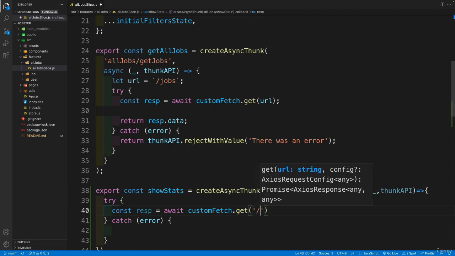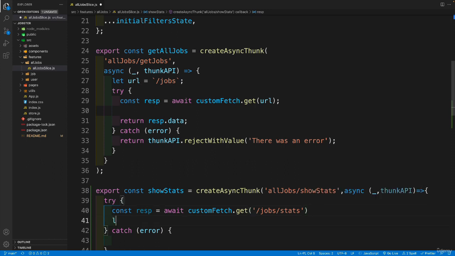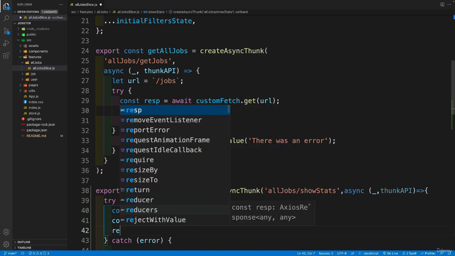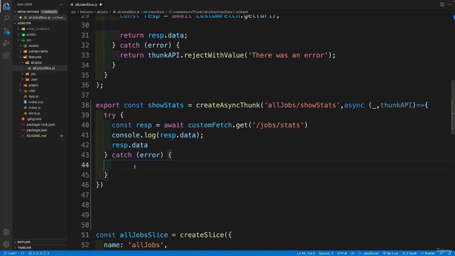And in here, let's go with jobs and stats. So that's the URL. Now we don't need to pass in a header anymore. We're good to go. Now we just want to quickly log the response and then data. Now that's exactly what we'll return. So response data. And then as far as the catch, let's just go with return